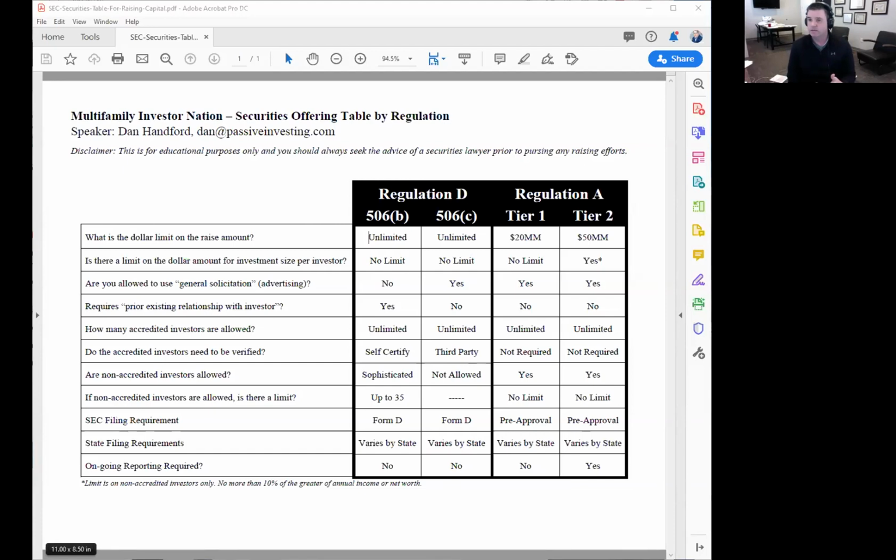The biggest one is this idea of advertising. On a 506C offering, you have the ability to broadly advertise. Historically, before the 506C came onto the scene, there was a general prohibition that you could not advertise or generally solicit people you didn't have an existing relationship with to invest in your private offering. With the passage of the Jobs Act in 2013, we have this 506C exemption that allows you to broadly